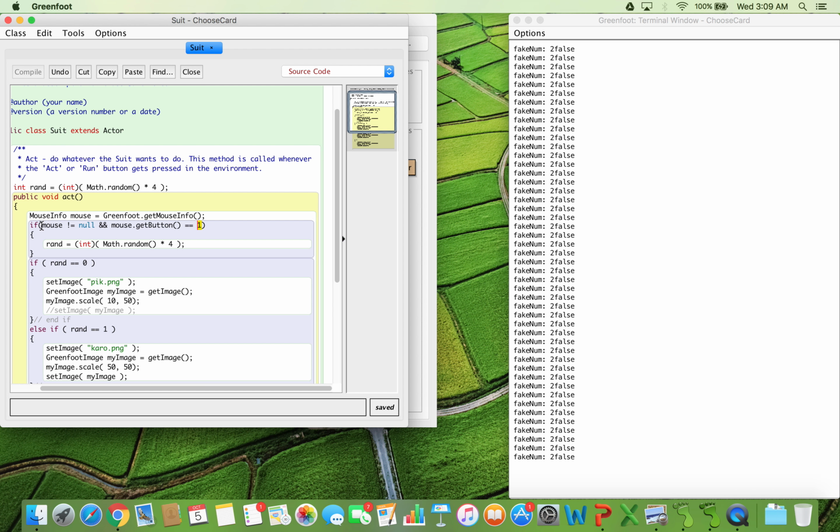So a lot of the time, sometimes you want something to happen while the mouse is not pressed. So then you can say like, while mouse is null. That means nothing is being pressed. If mouse is not null and the mouse gets pressed with the 1, then I think actually